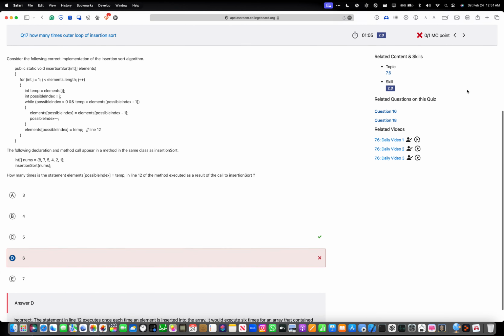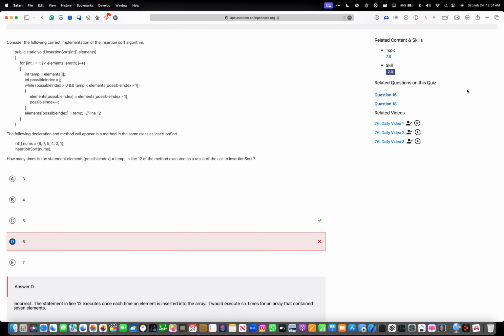So 17. We're almost done. Consider the correct implementation of the insertion sort algorithm. Public static void